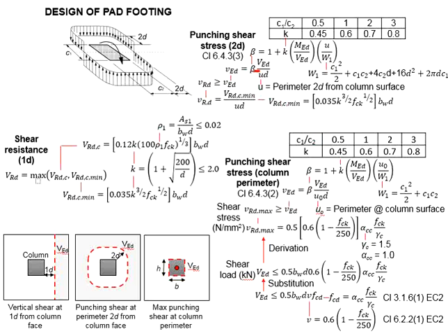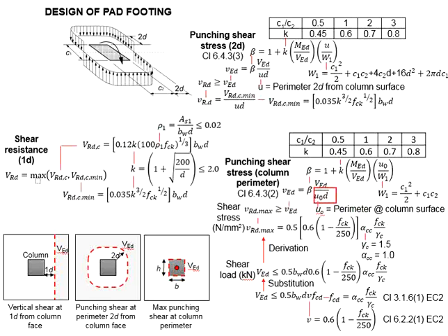Also, the effective shear area differs. For the punching shear at 2d perimeter, we are talking about this as the effective shear area, which is calculated based on the perimeter of 2d multiplied by the effective depth. As for the maximum punching shear, the perimeter will be the column perimeter